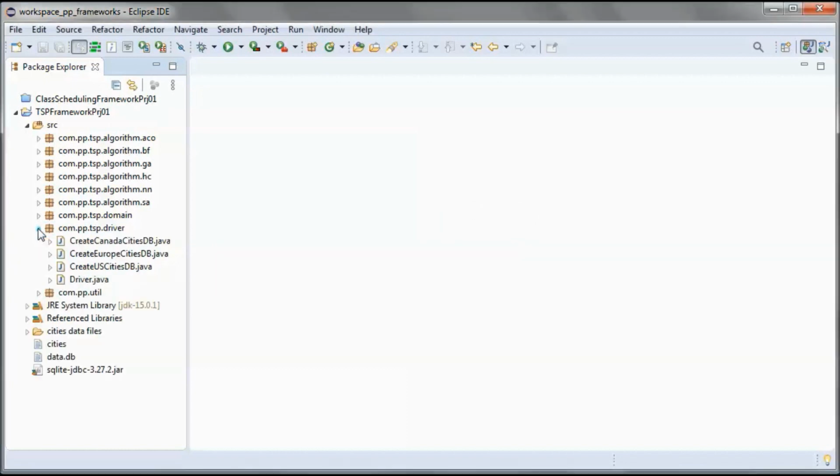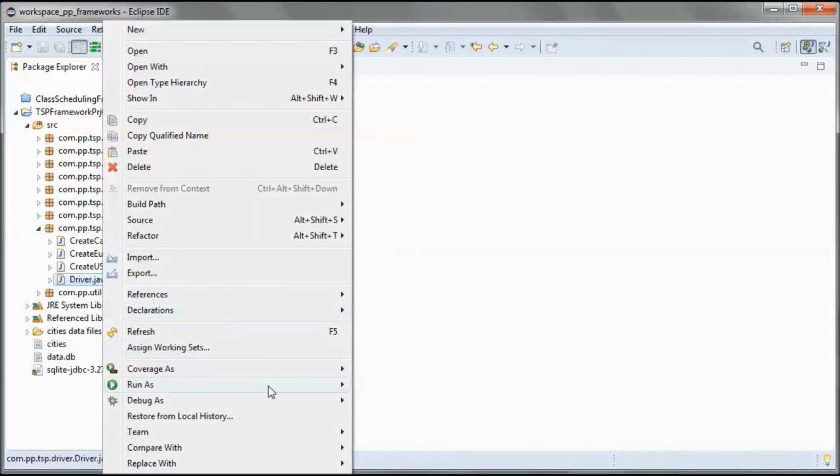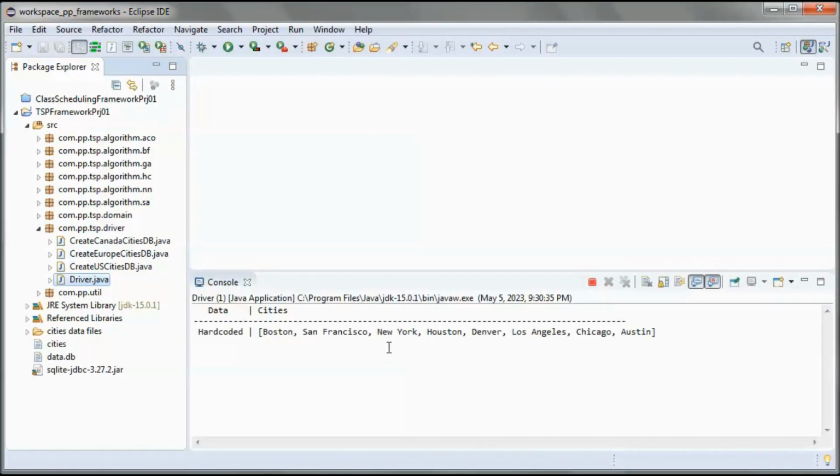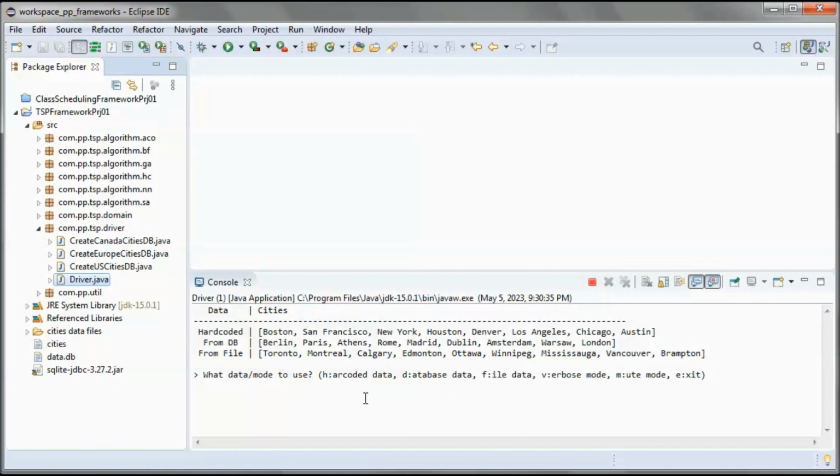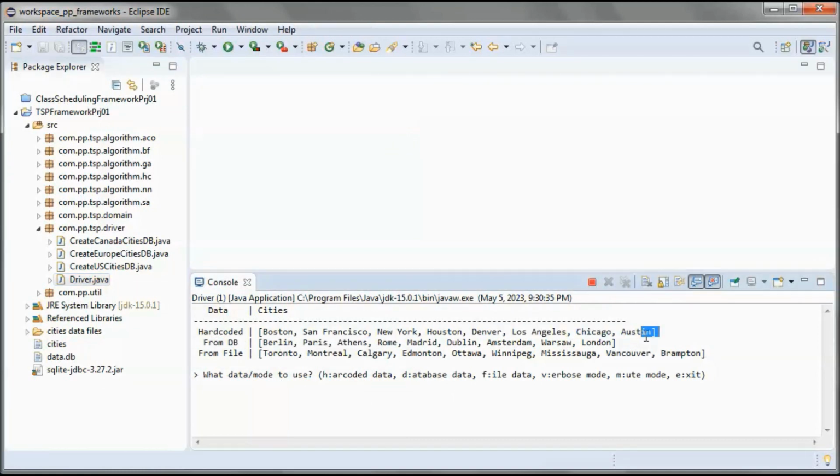Next, let's try finding the shortest route using genetic algorithm, and maybe use data coming from the database and do it in verbose mode.